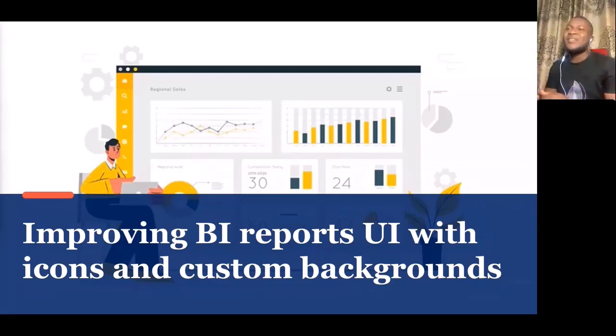And today I'll be talking about how to improve our business intelligence report UI with icons and custom backgrounds. I want to believe that most of these concepts are not new concepts. So I was just talking about how